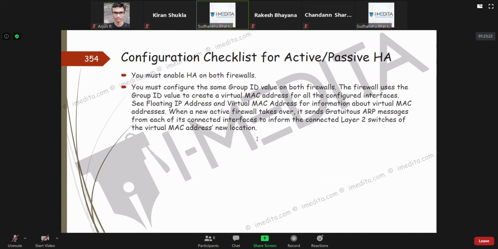Just like that, you configure a group ID value. That ID number should be the same on both the firewalls. I think it goes from 0 to 63. That's the same value which is used to generate a virtual MAC address as well.